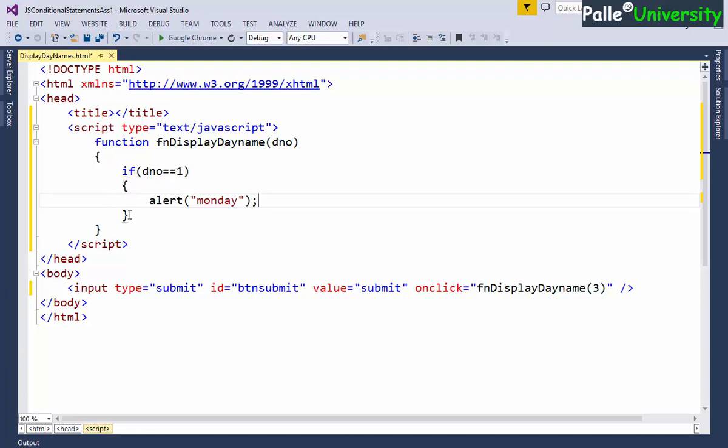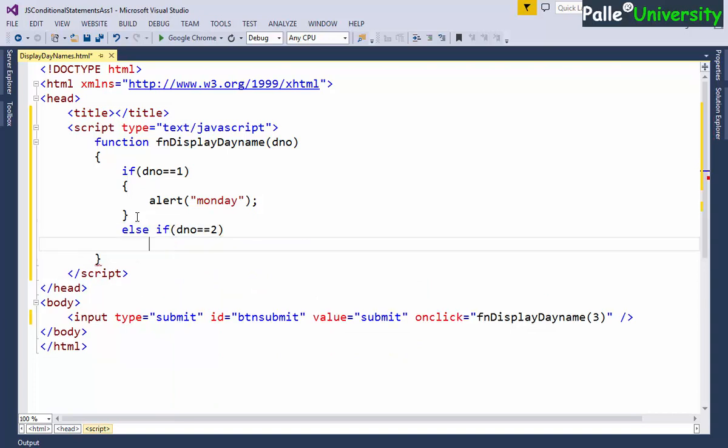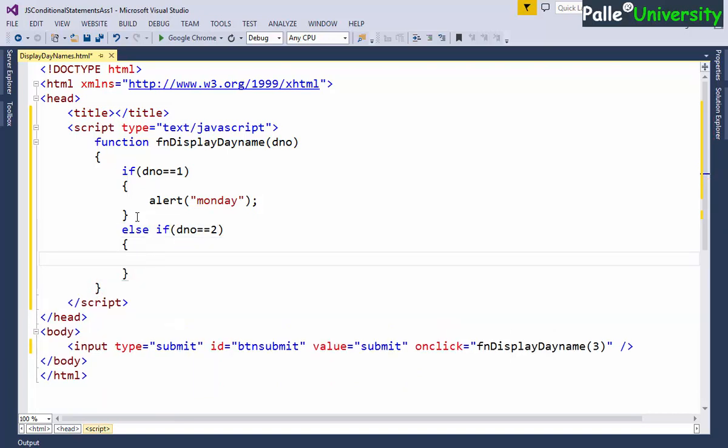In a similar way, I need to use an else if condition, dayNumber is equal to 2, again open curly bracket, end curly bracket. You can write alert, not dayNumber, should be Tuesday. So on and so forth, you will be writing the remaining code. Let me write the remaining code also.